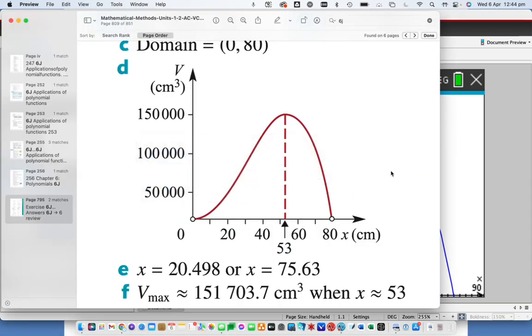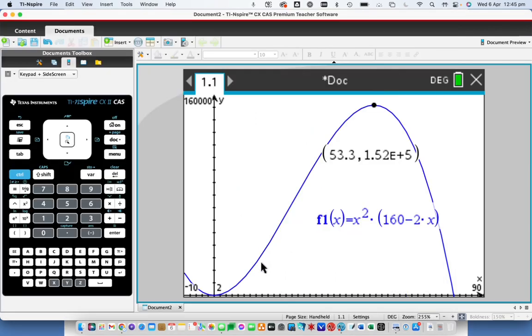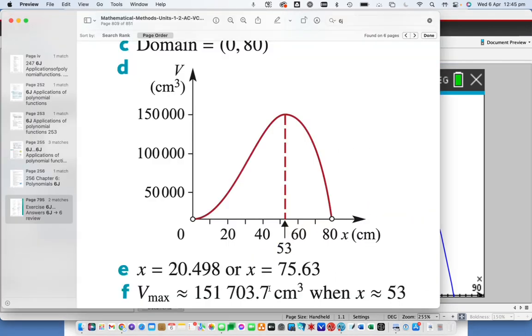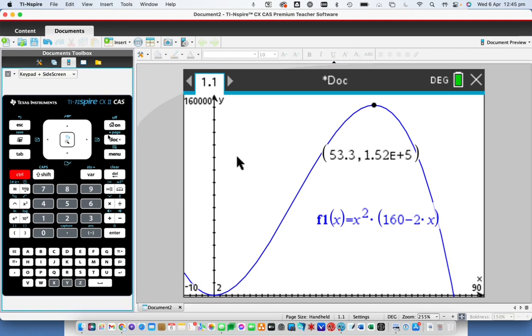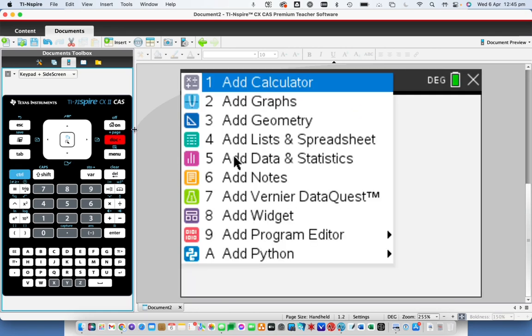Let's go to the answers, and you can see, yep, when x equals approximately 53, Vmax is approximately 151,703. So the fact that we said 152,000 is pretty much bang on for 3 significant figures. But you can see the answers are a little bit better than that. So how can we get a better answer out of our calculator? So all we can do is see this as a written text. But if I go to Control Doc and see it says in blue there plus page, I'm going to add